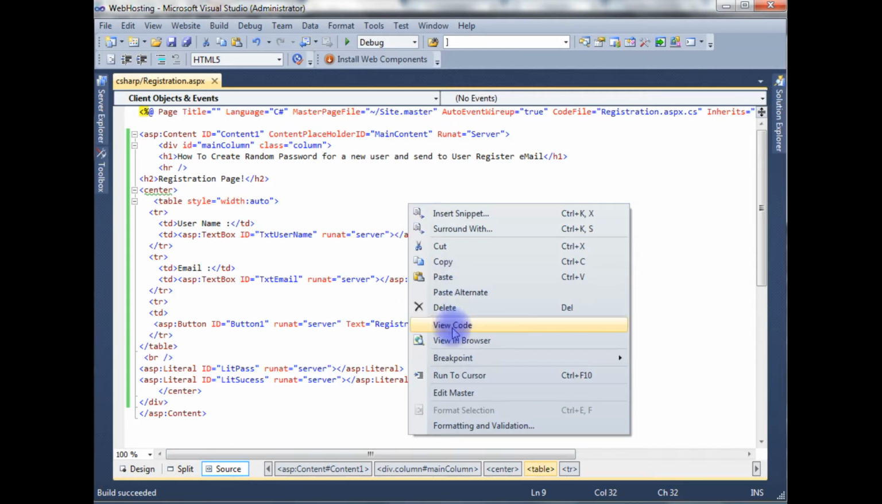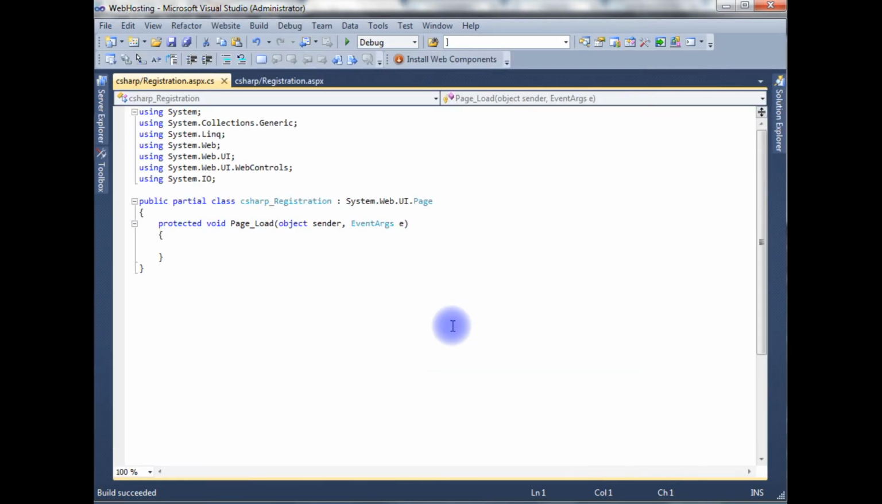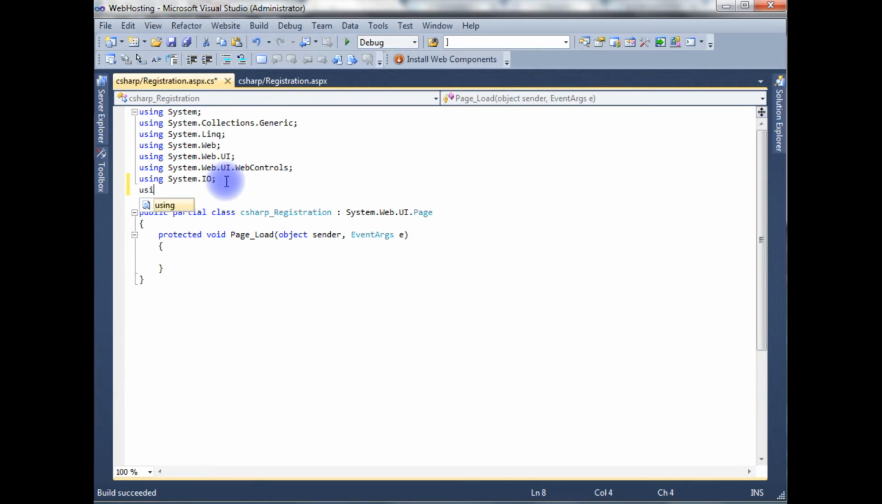Right click the mouse, go to view code. The first part, I want to create the random password generator. So for that I am using the text namespace, using System.Text, and this random password generates only alphanumeric characters. I am creating a method for a random number. The int is the starting value, minimum, int maximum value,